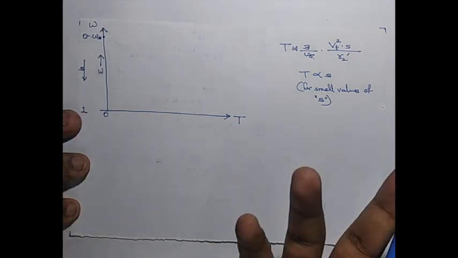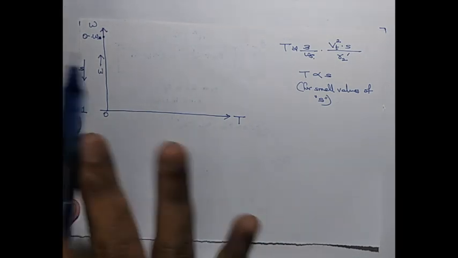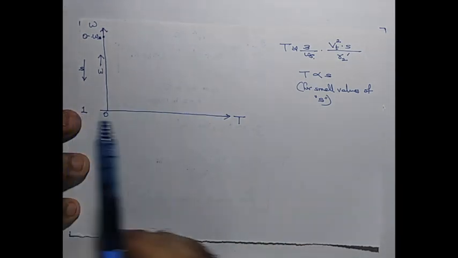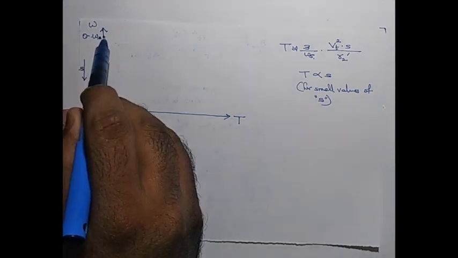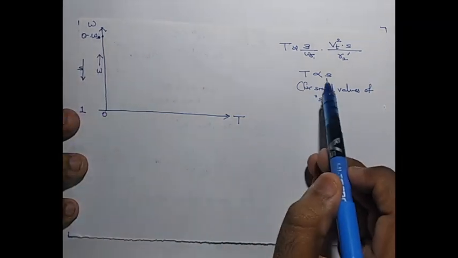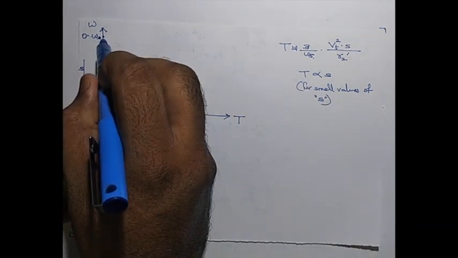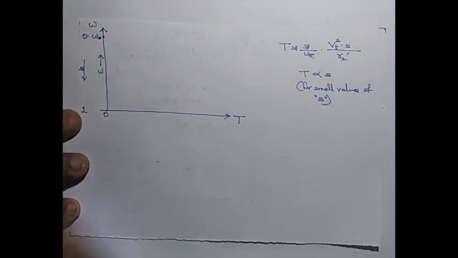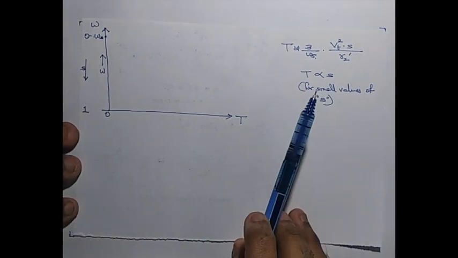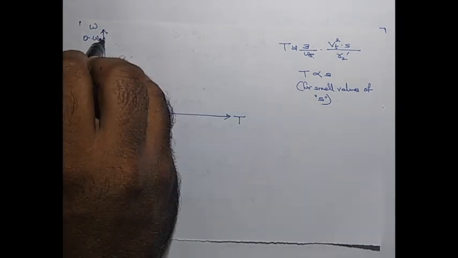There is no flux linkage cutting by rotor conductors, and hence, since there is no flux cutting, d phi by dt is 0, no induced EMF, thereby no currents, no torque, which means torque will be 0. That you can also do by substituting s equal to 0 here. Torque will be 0, which means your torque will start from this point. Let me draw it with a different ink. Yeah, it is an equation of a straight line.